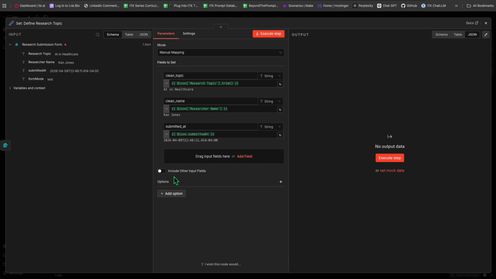We can include other input fields turned off. And that's going to get rid of any extras. We don't need form mode test showing up. So that just gets rid of everything that we don't need. All right, so with these three fields here,